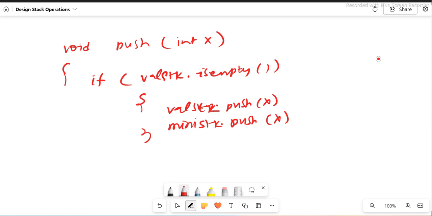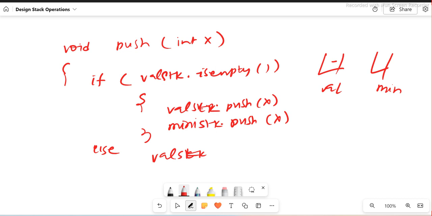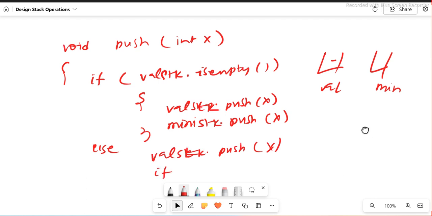First time, right? If this is not the case, let's say I already have some value, right? So let's say this is my value stack, and this is my minimum stack. In this case, anyways, I have to insert first time everything, right? So both the stacks I'm pushing. But in the second time, right? So what I have to do here, anyways, in the value stack, I will be pushing anyways, right? Because this is by default, all the values I have to put. But in case of mini stack, no, what I'm going to say, I'm going to compare whether my value in the stack